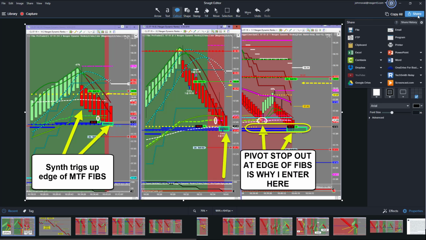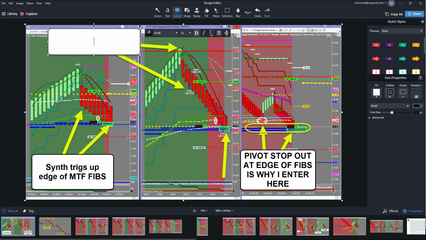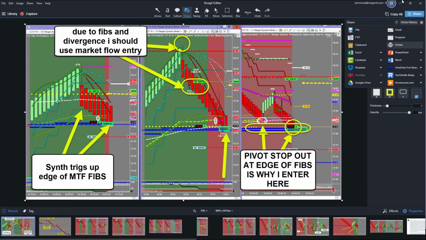But you don't want to do trades that, watch. So watch, here's another label. Due to fibs and divergence, I should use market flow entry. Right? So you can go back and you can analyze these types of things and you can say, what happened here that caused me to lose 3 ticks here? What happened here that caused me to make 20 ticks? And when you post this into the chat room,